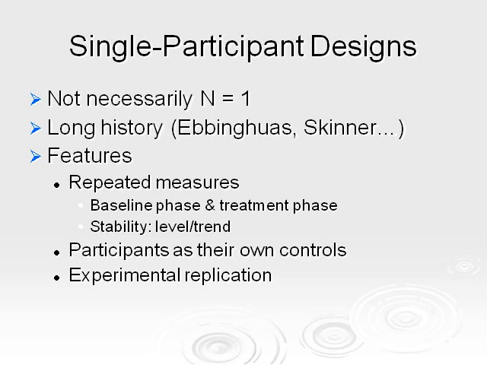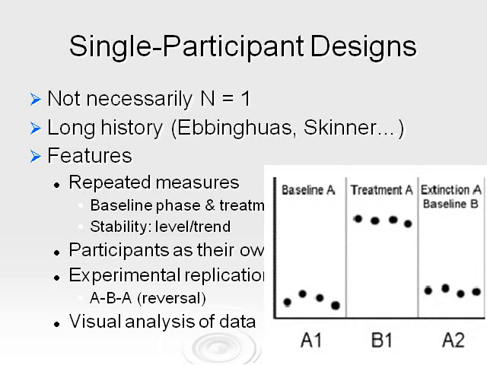Okay, and to that end, there's a real emphasis on experimental replication. And this isn't replication like we usually think about when we're talking about the quantitative area. If we're talking about replication, we think, okay, you do a study and then do that study again. In single participant designs, experimental replication is talking about replicating the relationship between the independent variable and the dependent variable within one study. Right? So the simplest way to do that, so I was getting to before, is your ABA